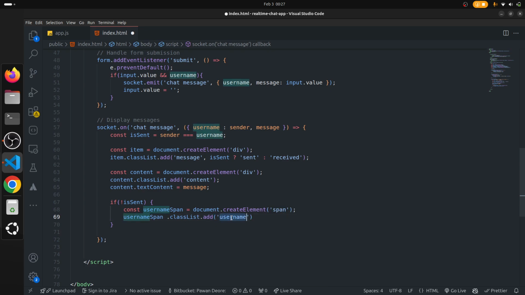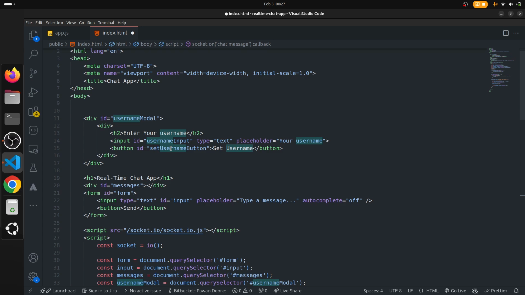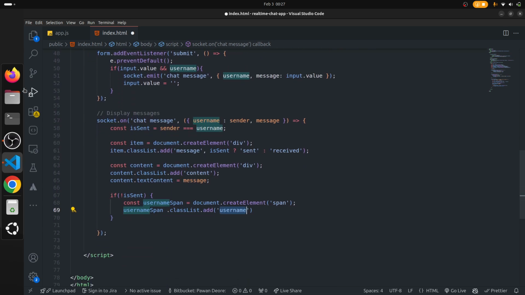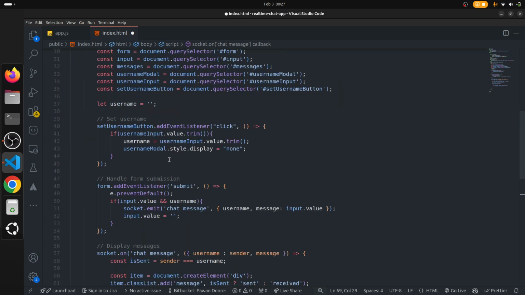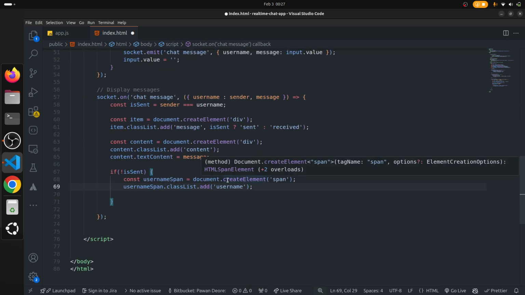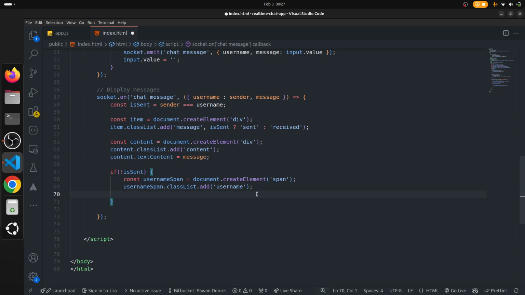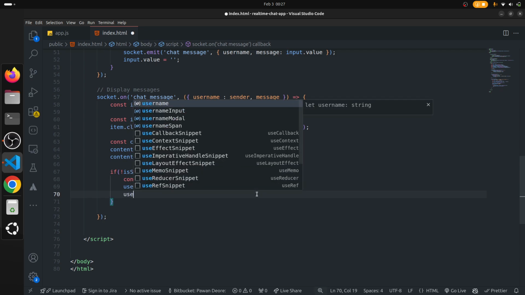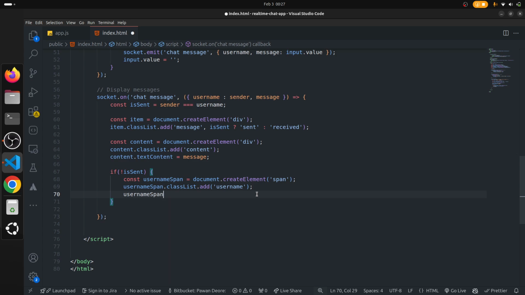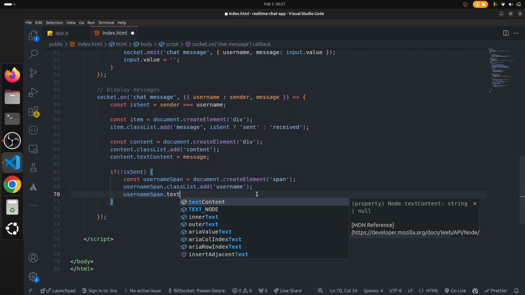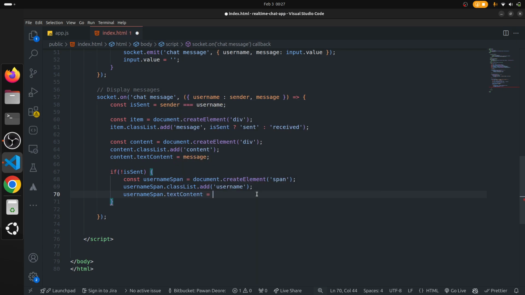All these classes, right, I'm going to add the styles at the top, but I will show you the functional part first, then I will add styling, because this is a Node.js tutorial, so that's why I'm not adding styles now. After some time I will add styles here before ending the tutorial, so people can get the whole idea, right? Then usernameSpan.textContent, so in here we will show that actual sender,